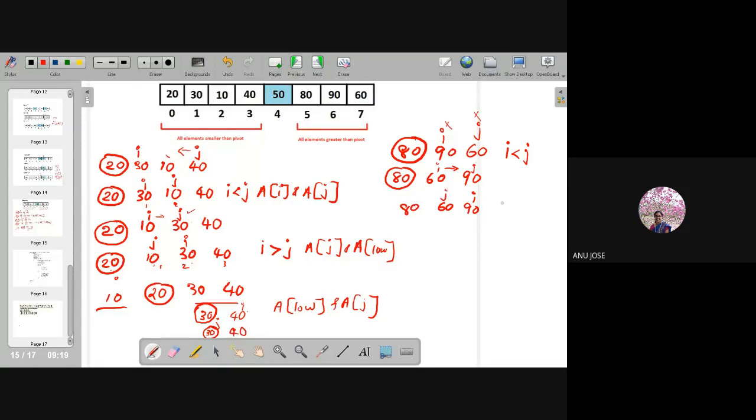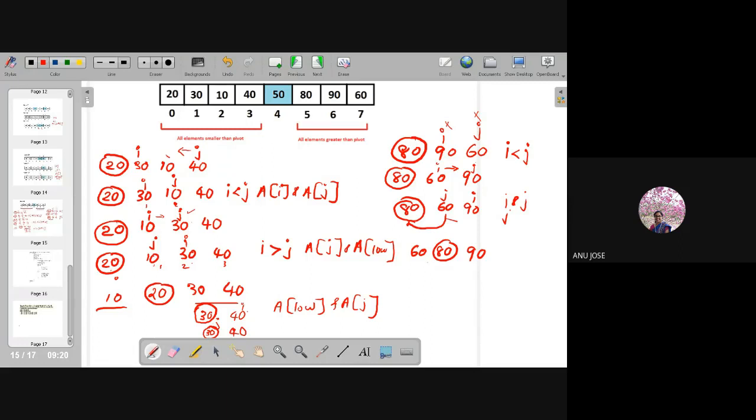J also finds a smaller value than the pivot element, so J also stops and I also stops. The movement of I and J has stopped, then I compare the I and J values. J is a smaller value, so what should I do? A of J and A of low should interchange. So I get 60, 80 and 90.